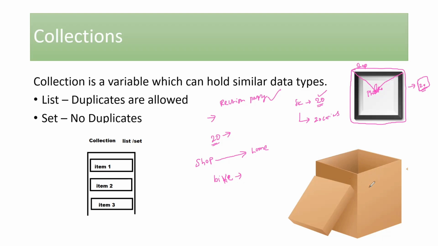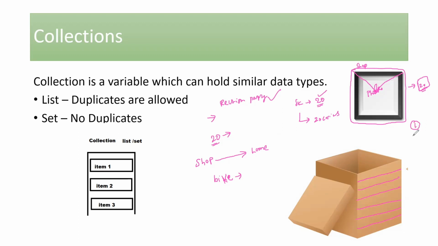So if it is in a cardboard box, I do not have to worry about whether they would fall or not. All I need to worry about is carrying this cardboard box. Now, what did the shopkeeper do? Shopkeeper started stacking one photo frame on top of the other. So remember, we have a cardboard box inside which we have photo frames. So they are stacked in this cardboard.